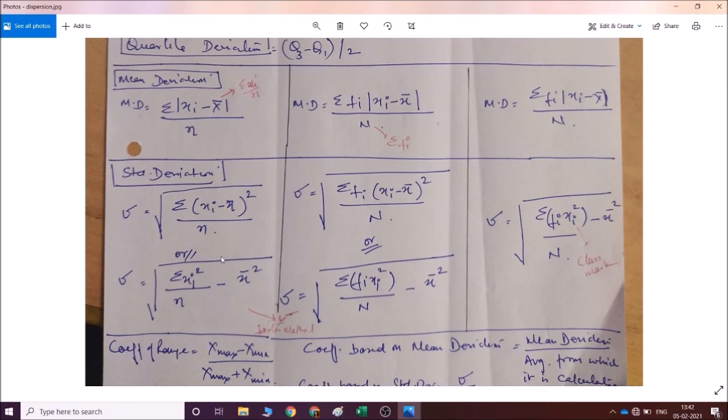And this is standard deviation. There are alternate formulas for it also. Either you do xi minus x bar, the square of it divided by n, or you can also do it this way. These are other ways to do it. The formula just remains the same. In grouped frequency, the only difference is xi is the class mark. I hope the complete calculation of how to go about dispersion is now clear to you. So what we have found is how to calculate the range, the quartiles, the mean deviation and the standard deviation.